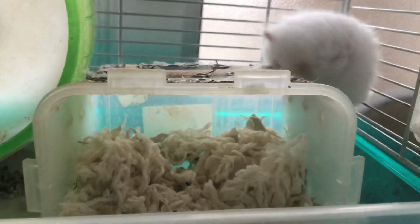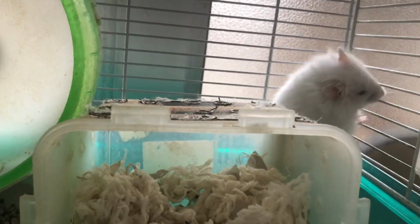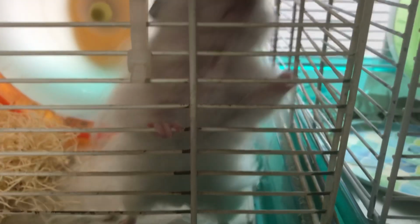let's see little Ma-kun. See, they like to climb the steel cages. What was I saying? So